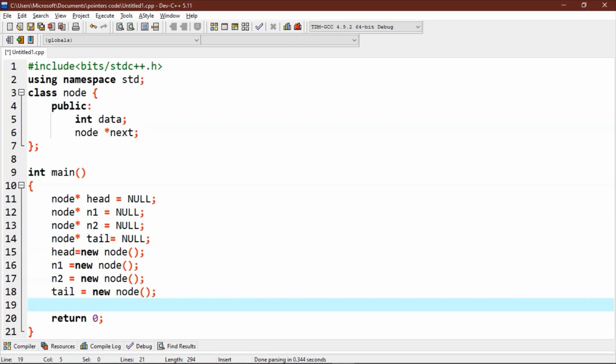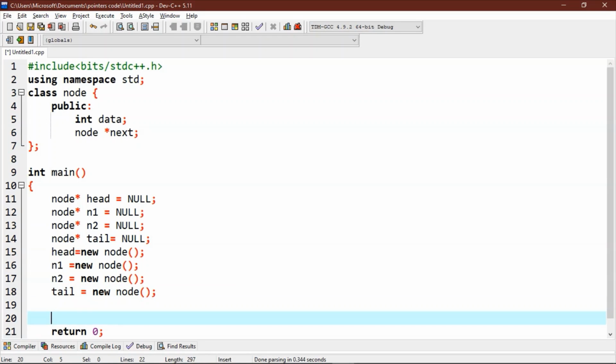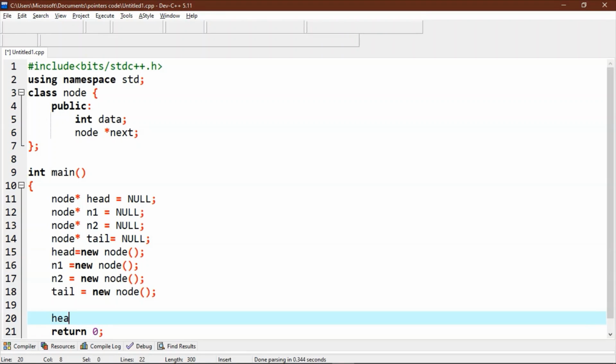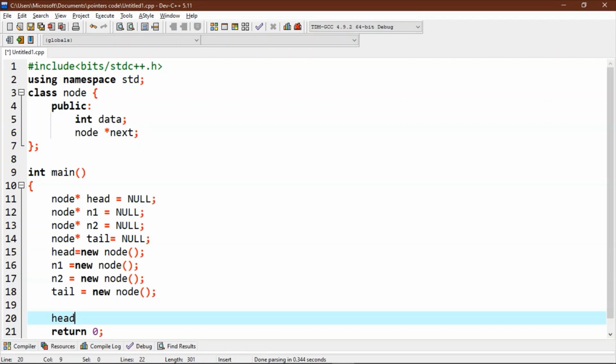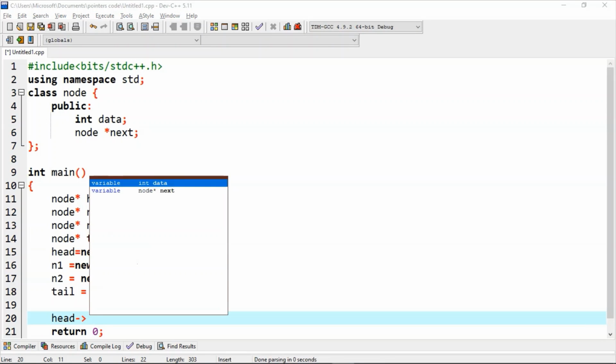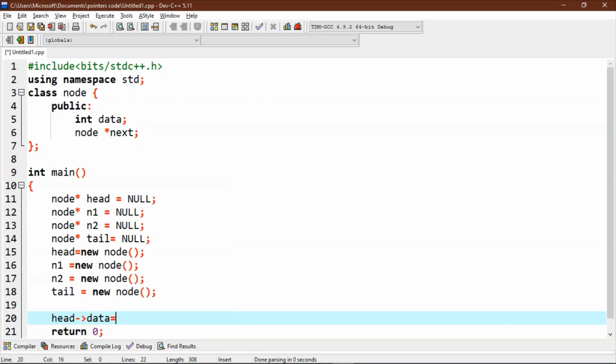Now we will assign data to our first node. To access the member of the node class, we will use arrow formation. Then we will use data equals to, let's give it a value as 2.